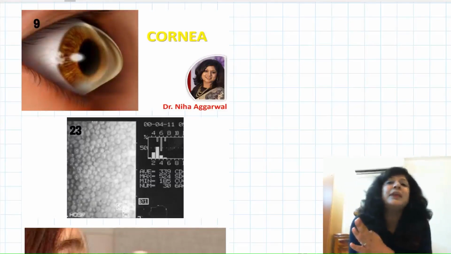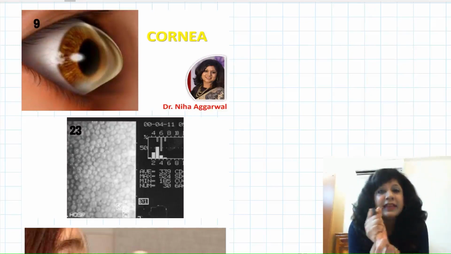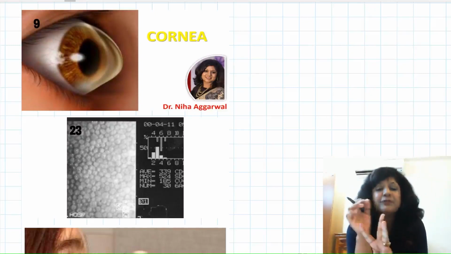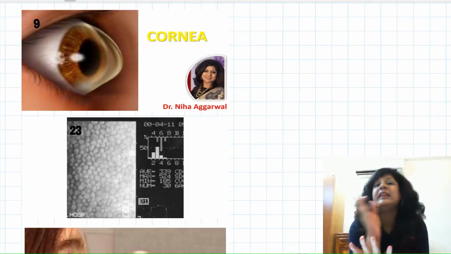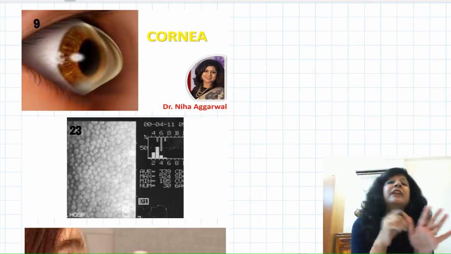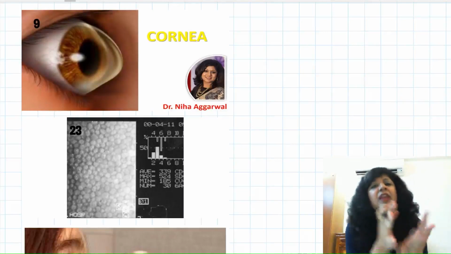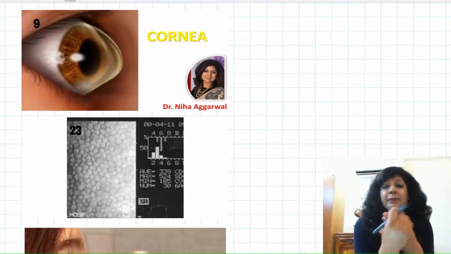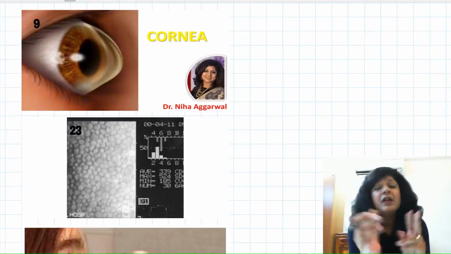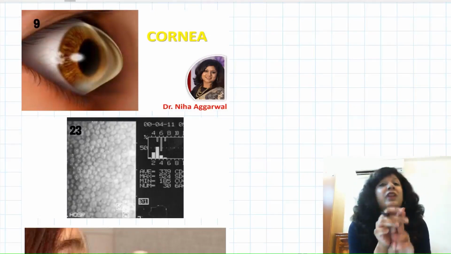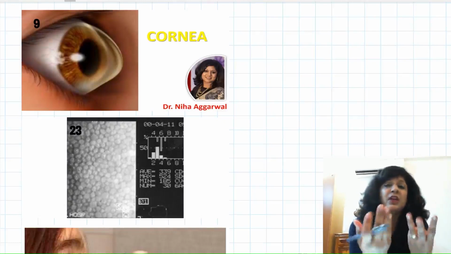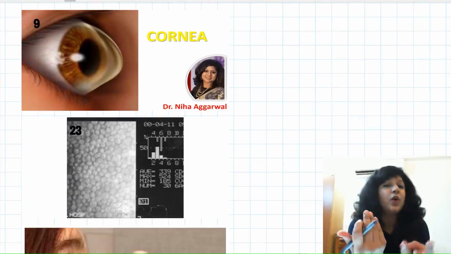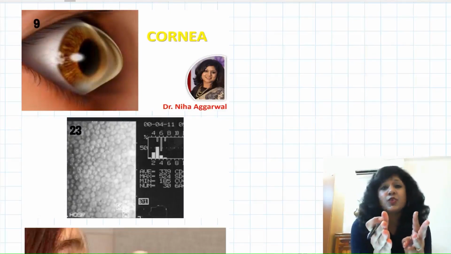A very easy method is ABCDE. A for epithelium, B for Bowman's membrane, C for connective tissue stroma, then pre-Descemet's membrane, which is a newly discovered membrane, then D is Descemet's membrane, and then we have E, the endothelium. Every layer has its own importance. Epithelium is non-keratinized stratified squamous epithelium, the same as that of the conjunctiva. Bowman's membrane cannot regenerate. Connective tissue stroma is the maximum thickness, 90% or even more than 90% of the thickness of the cornea is by this connective tissue stroma.